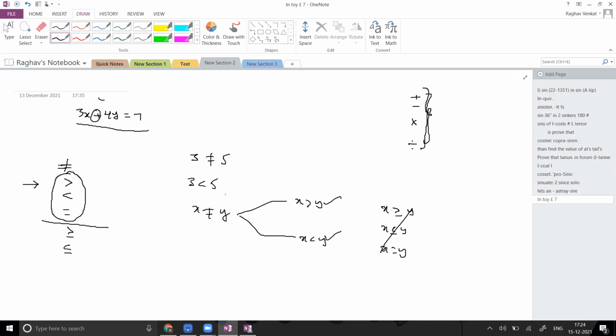So I can say the remaining 3 relations are a combination of these 3 relations only. I don't know whether it is greater than or less than, but I know compulsorily it is not equal. Then I can use the not equal to symbol, because I don't know whether it is less than or greater than. At that moment, we are going to use the not equal symbol. But primarily, we have these 3 relations.